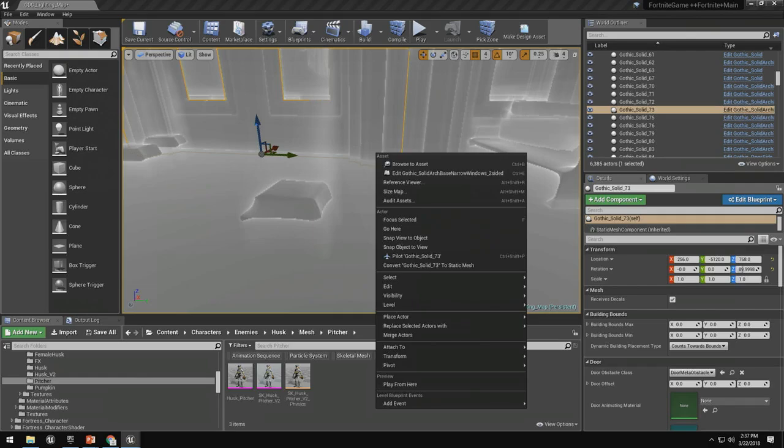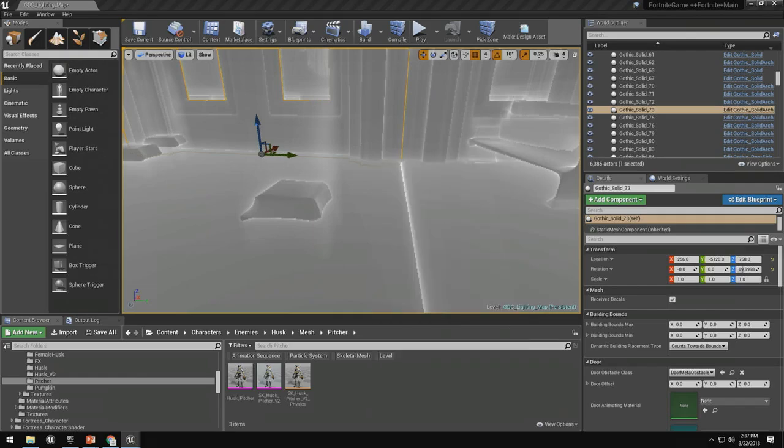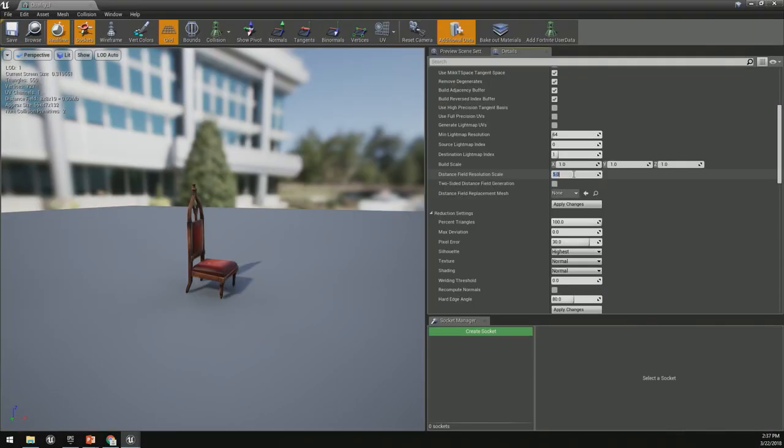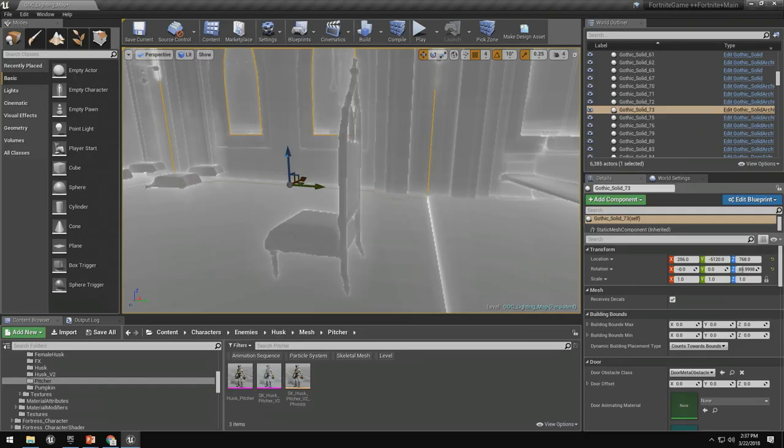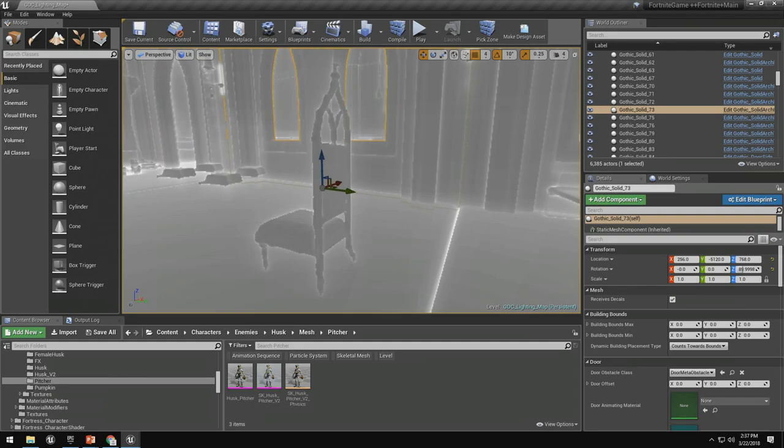I'm sure there's a number down there somewhere, but it's so low that we don't even really feel it. However, I can change the scale value. Let's set it up to something really ridiculous like 5, and we'll apply those changes. And now take a look at my distance field over in the scene. It's now a much cleaner representation of the chair, but if we glance back over at our memory usage, we're